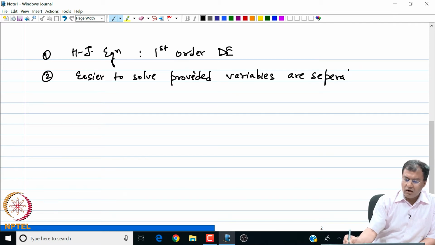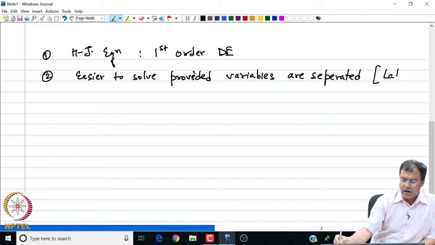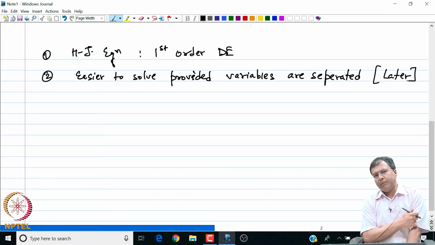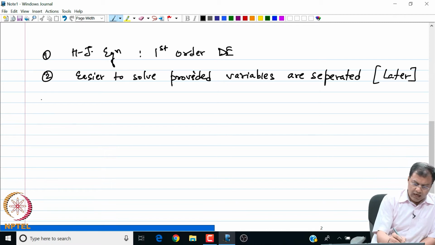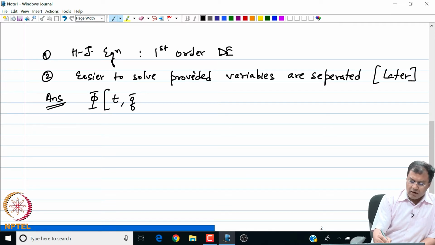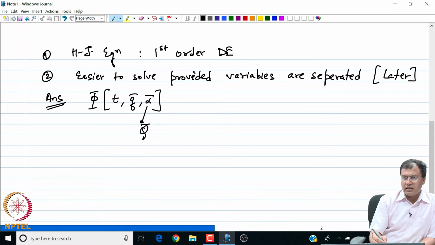And we are going to talk a lot about this topic later, how to separate the variables and solve the Hamilton-Jacobi equation. Right now I am going to directly give my answer to the Hamilton-Jacobi equation in this example. Students should check that the answer here is phi of t bar comma q comma alpha, where we have replaced the capital Q coordinate in the generalized momenta framework by alpha, which is a constant.